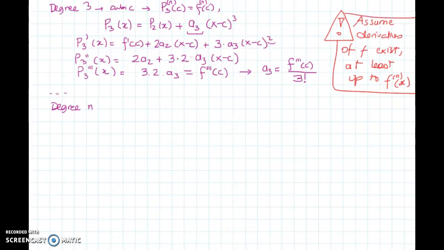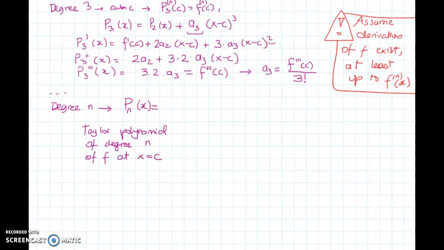If we can do it, then our polynomial of degree n, which I'm going to call Pn of x, is the Taylor polynomial of degree n